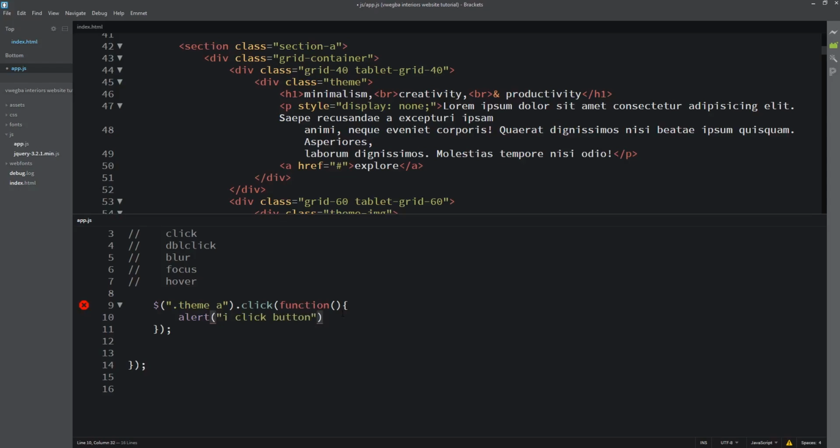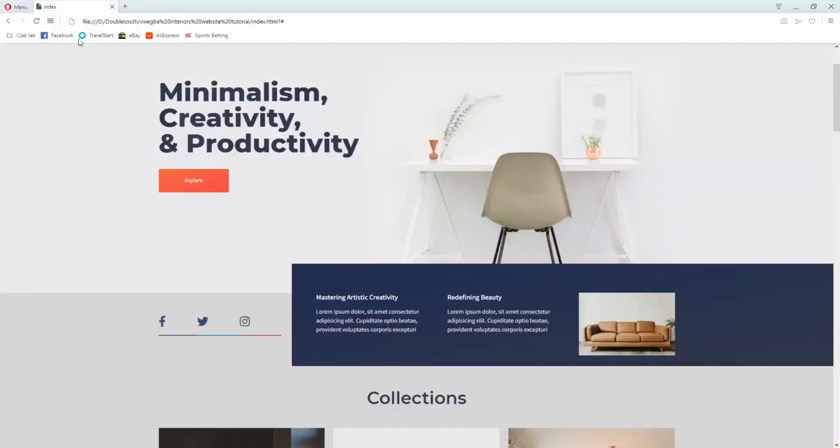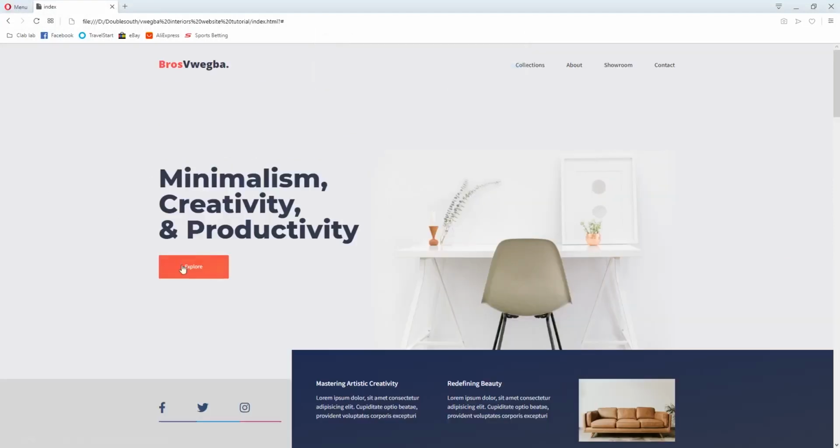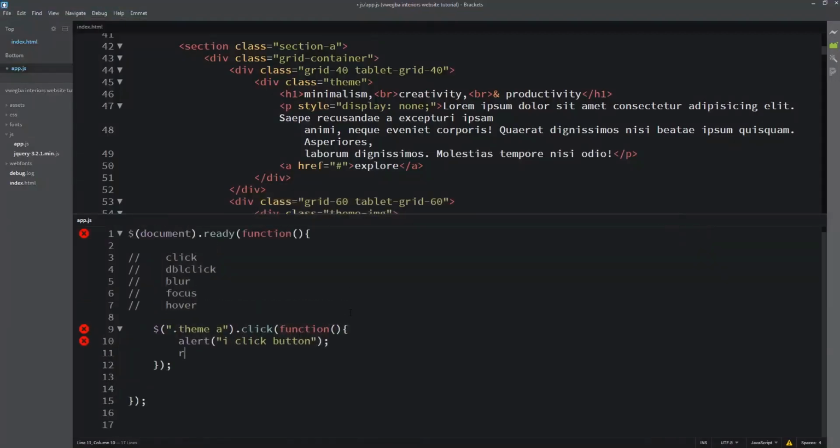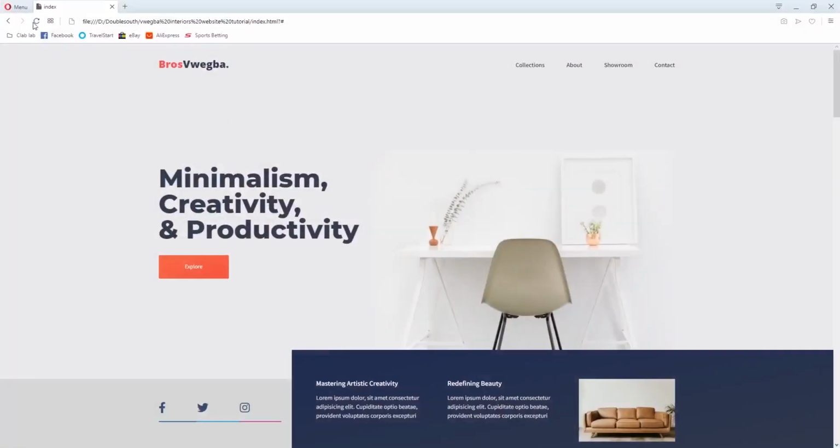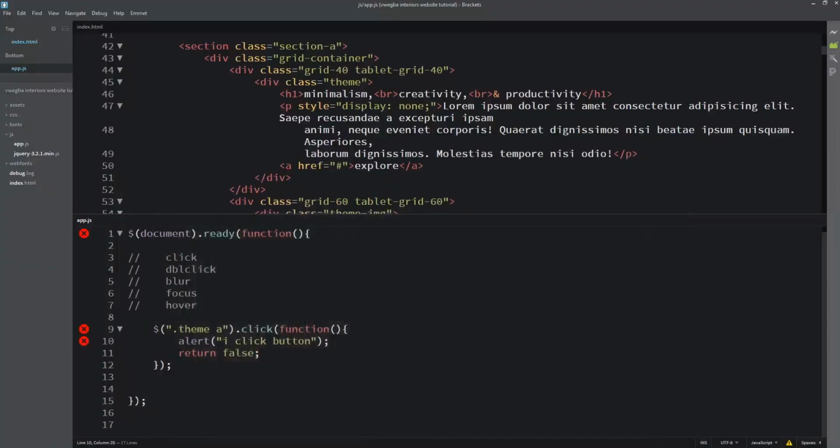If I go back, refresh and click, you see it shows "I click button", so the click event works. I also mentioned that if you return false, the default action of the button will not work again. If you don't understand, go and see my previous video. So you see the click works.